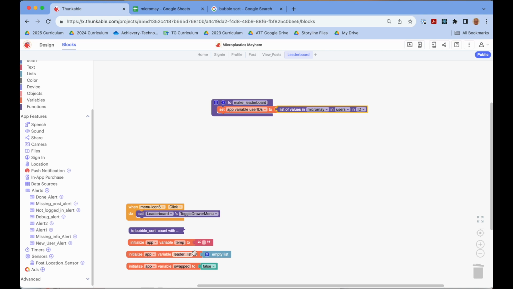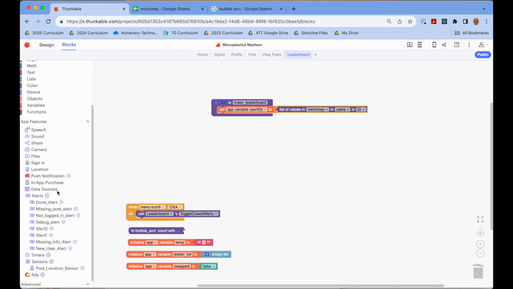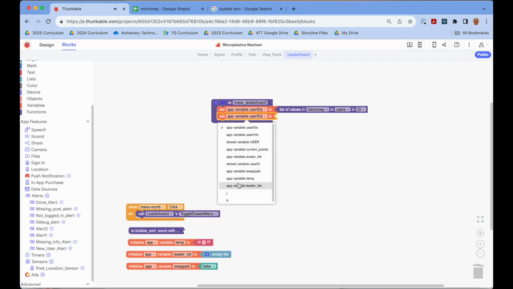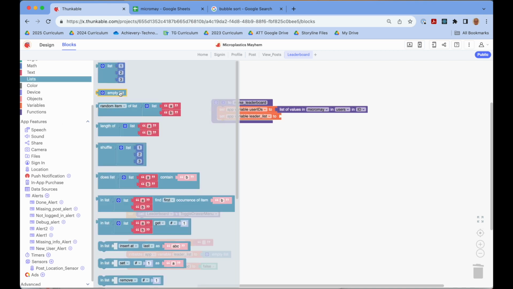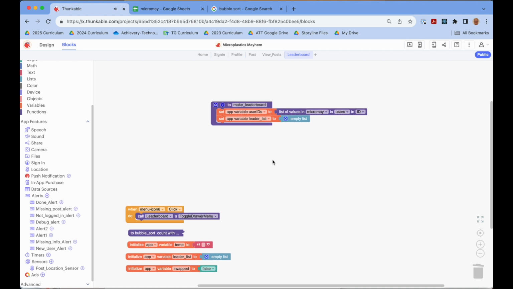Now we've got this leader list that currently is empty. And every time we come in here, we want to make sure if it's been filled in, we want to reset it back to that empty list. So I'm also going to go back here and do set the leader list and go to lists, and we want to put it back to an empty list. I've done it here when I initialized it, but I want to do it again in case we're going back